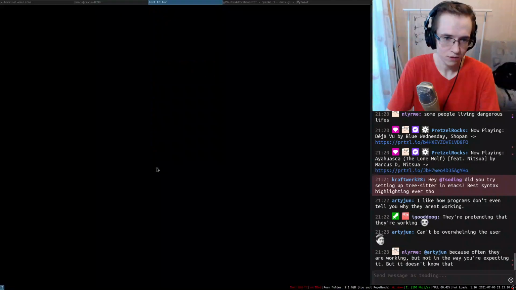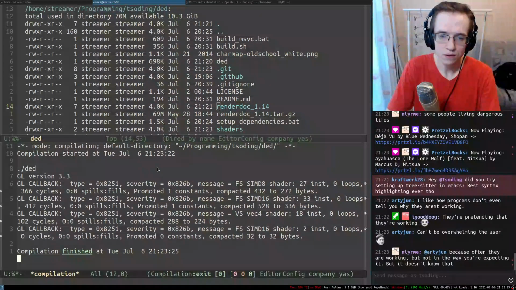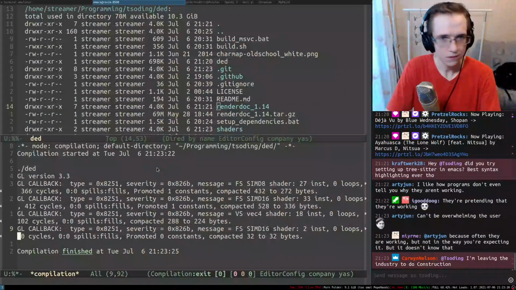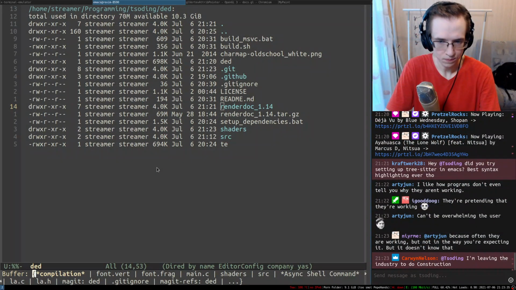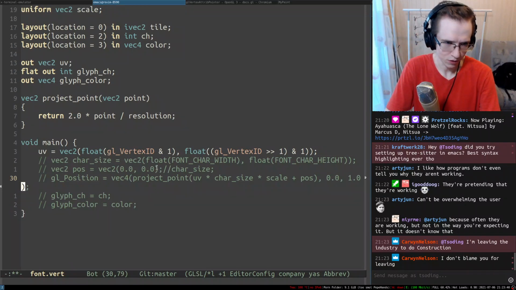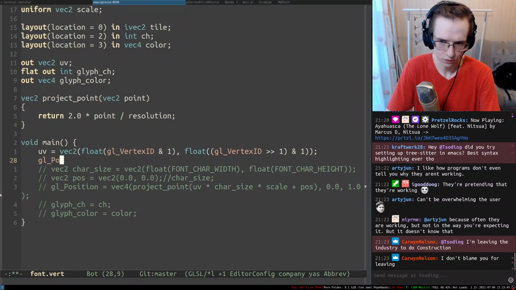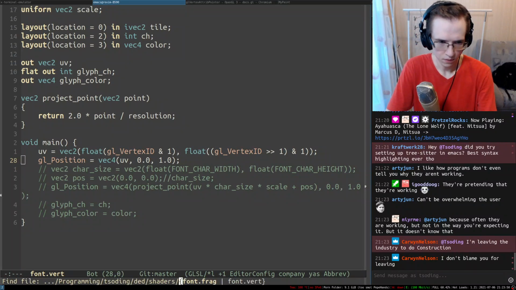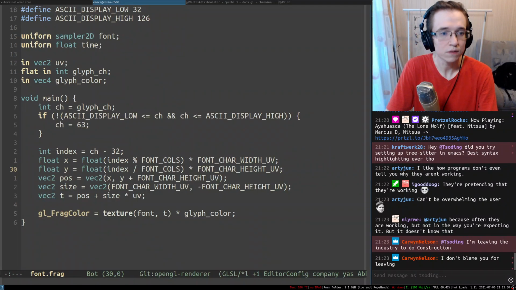so what do we have in here? Promote it, one constant, compacting. So I'm thinking maybe, what if I did something like UV and gl_Position, right? gl_Position. Frag.